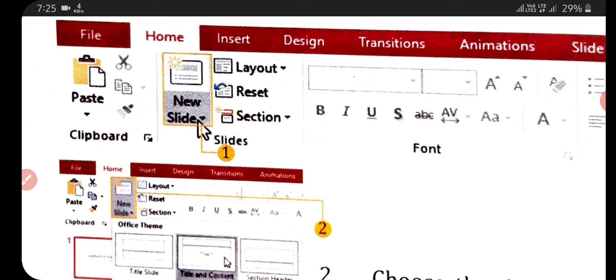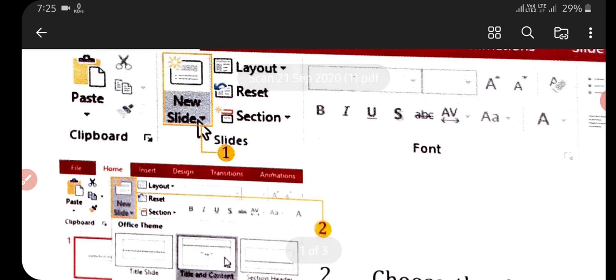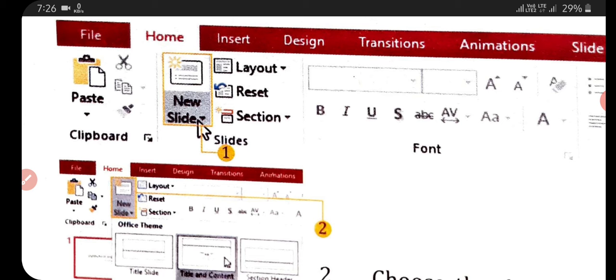So students, today we continue our 6th chapter, that is the working of PowerPoint 2016. In the previous video we discussed what Microsoft PowerPoint is, what the use of PowerPoint presentation is in our daily life, and how we do our work on a PowerPoint presentation. We also discussed understanding slides and slide layouts, many types of slide layouts like title slide, title and content, and many more. So in this video we discuss inserting a new slide. So how do we insert a new slide?